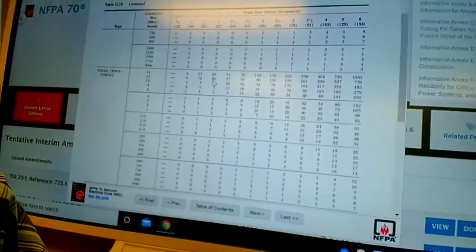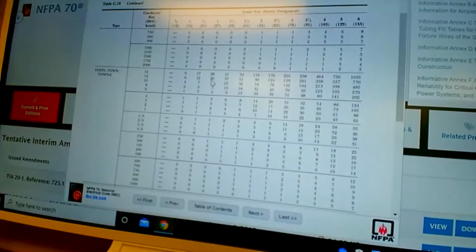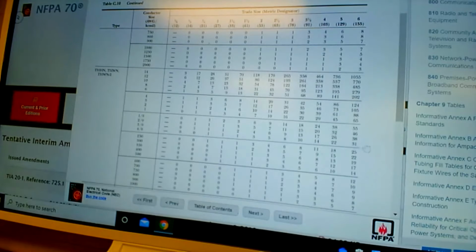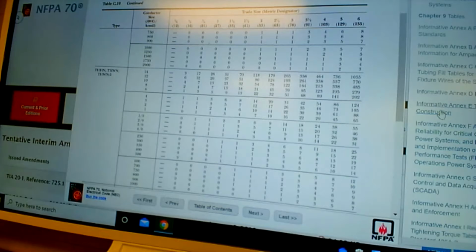You see the screen pretty good there? Yeah. All right, now I'll show you where all that stuff comes from. We go back to the table of contents. And we got to look up. It's not in Annex C. It's in